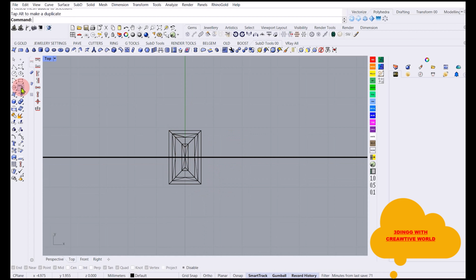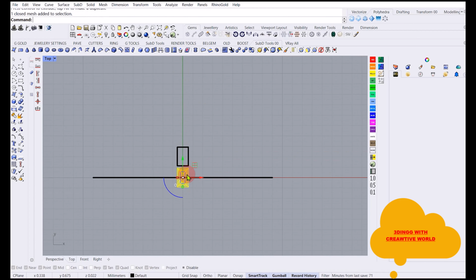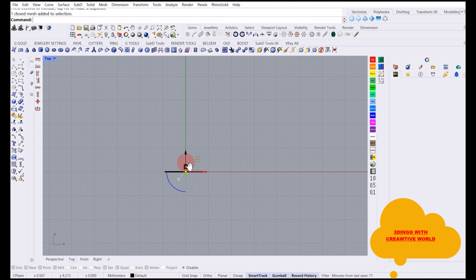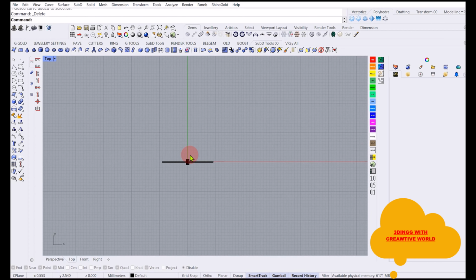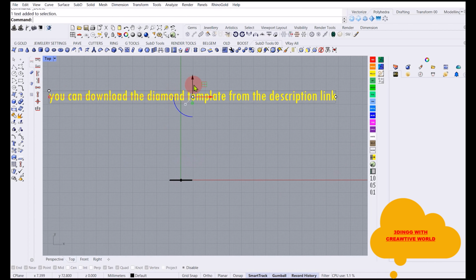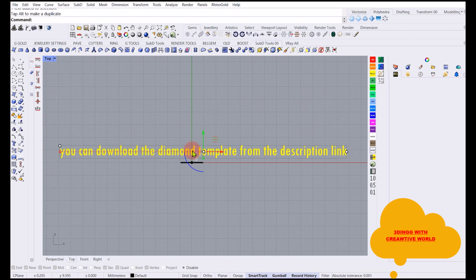As you can see, this is a rectangle. See, this is a baguette. Now I am going to transform this into a tapered baguette. I am going to provide